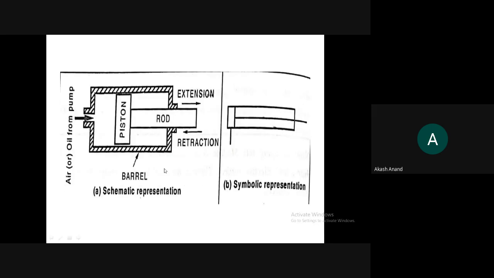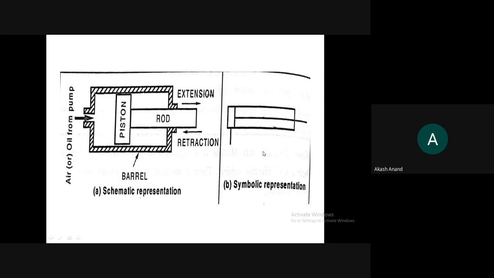You have to identify how it is represented in symbol. Why? Because the last session of this module contains this idea. You have to see how it is represented, or you have to make a system with symbolic representation. Simply, you can see that this is your cylinder, this is the piston, and this is the output shaft or rod, and you can see that from only one point into the cylinder, the fluid or working substance is entering.